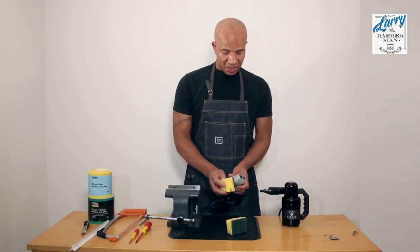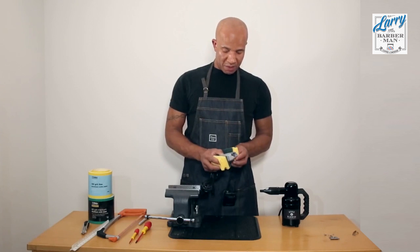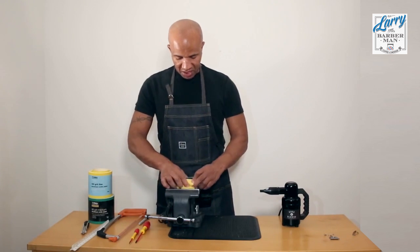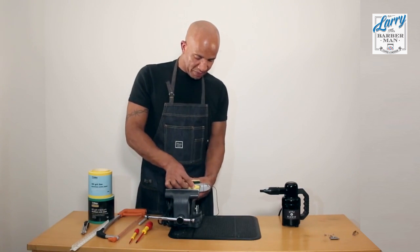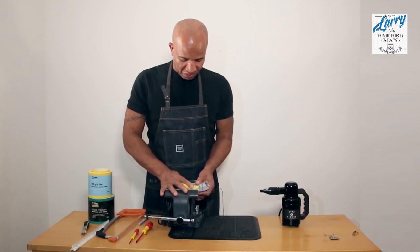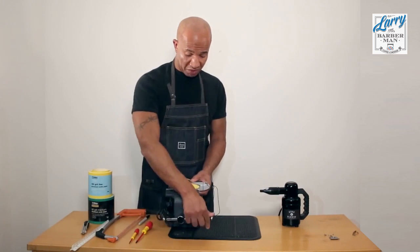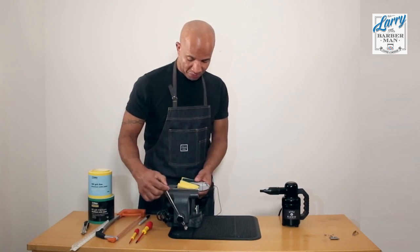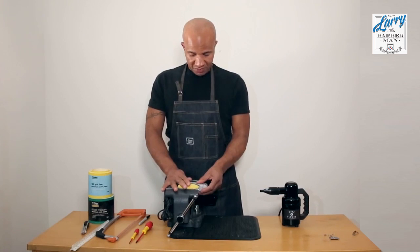So I'm basically going to sandwich the trimmer in between these two sponges and then just get them in the vise, and then I know it will just stay steady that way for me. Some people can just do it off of the sponges or just indeed straight off of the work surface, but this is how I choose to do it. So I've got the vise here, so it would be criminal not to use it. So that's in the vise